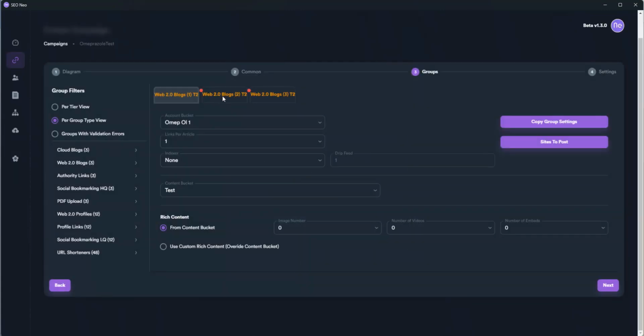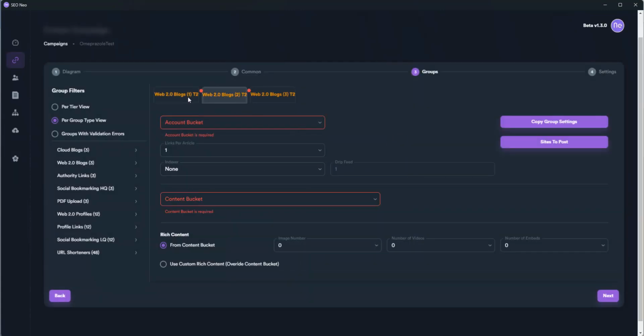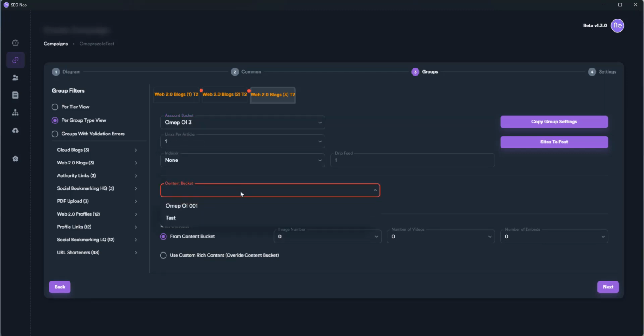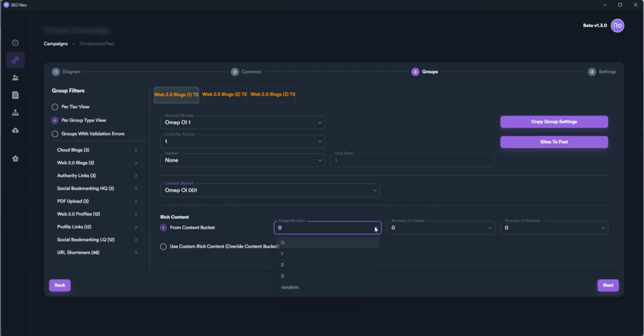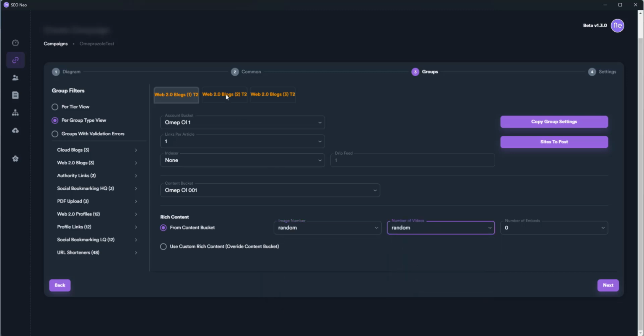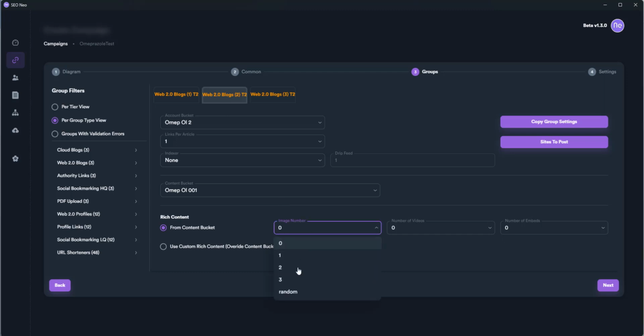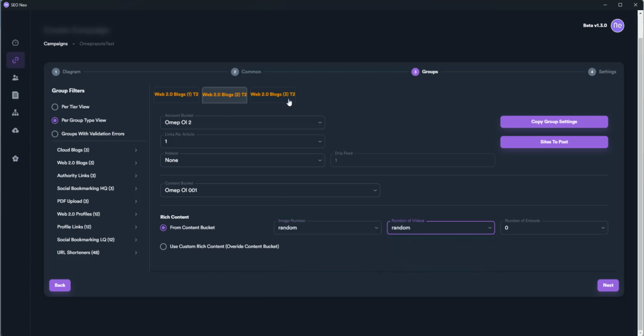Okay. So what was this one? This account bucket, that was 01. This one's going to be 02. This one's going to be 03. Content bucket test. Content bucket 001, and then let's do that one because there's more content actually in there. And then we want number of images. We want that to be random. Random. Random. Random. I know this is boring for you, isn't it, guys? I'm sorry, but